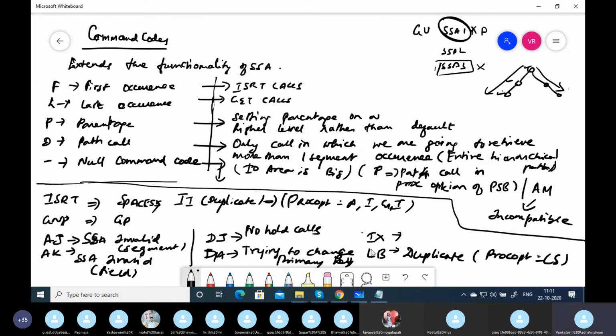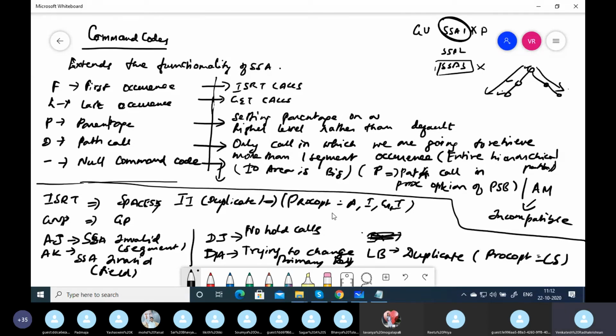Only in LS will you be getting LB. IX will come only in IMSDC. So LB you'll be getting for a duplicate insert. Not only a duplicate root, it could be a duplicate child also. If you are giving a sequence field as unique in a child occurrence, and you are trying to insert a duplicate child occurrence, you're going to get LB. Only for processing option LS.